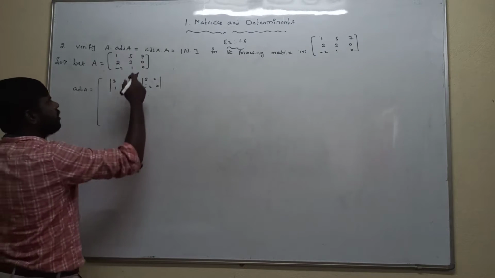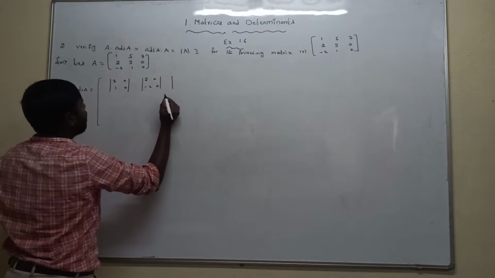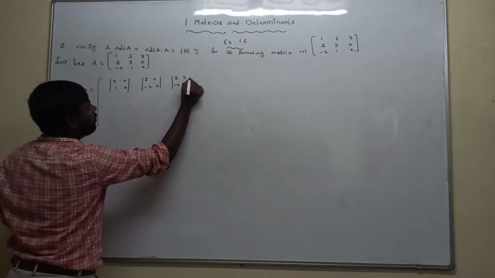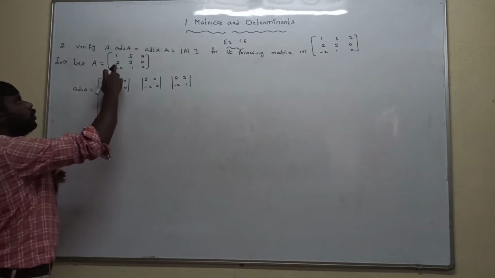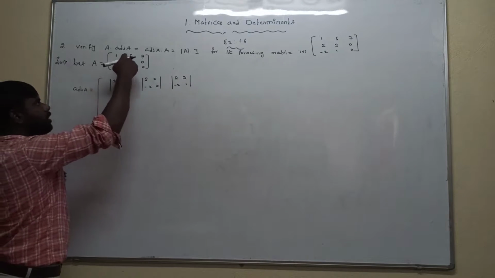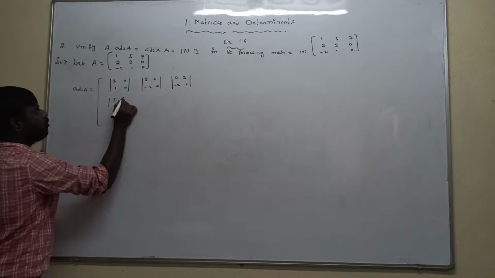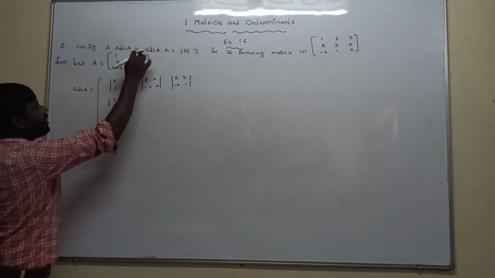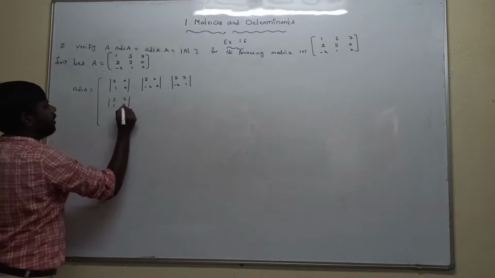Next we are taking 7 present in the first row. Third column is eliminated. Write the determinant elements 2, 3, minus 2, 1. Next, now we are going to the second row. 2 present in the second row, first column is eliminated. Write the left-over elements 5, 7, 1, 0.